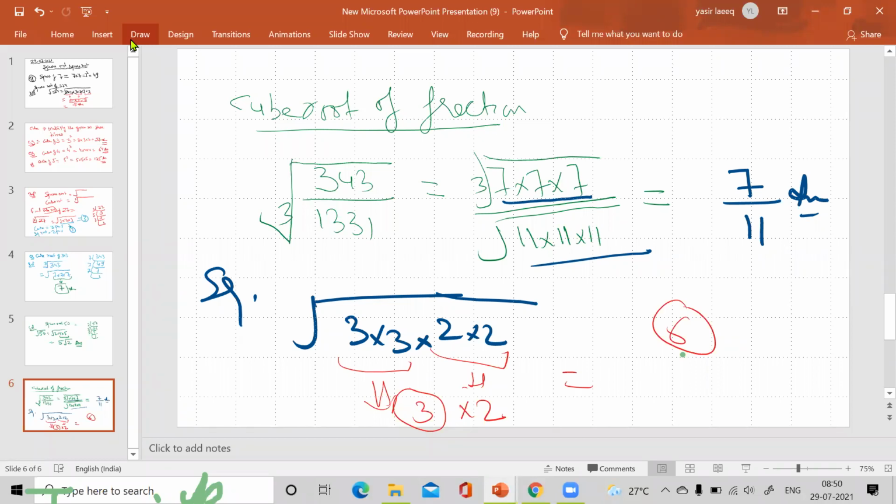If some question is given for finding the cube root, and you are finding the square root, means you are making a pair of 2. So concentrate on the question. What is given? Cube root. Sir, if 2 was also there in 11 into 11 into 11, then what do we have to do? We will write 7 upon 22. Beta, just tell me, first of all, what you are doing. You are finding square root or cube root.